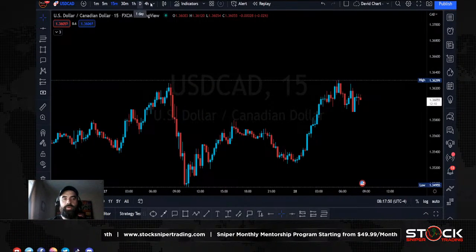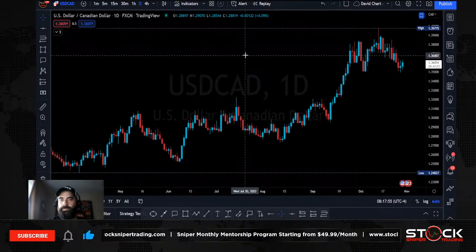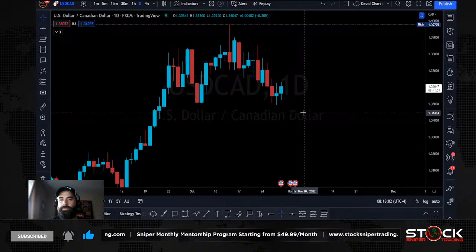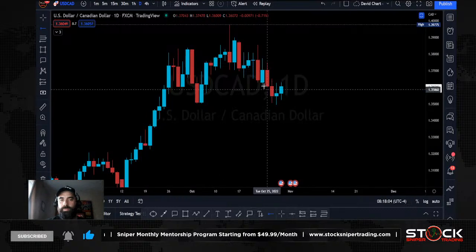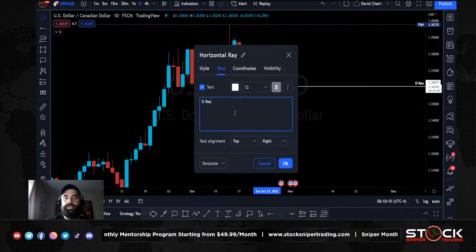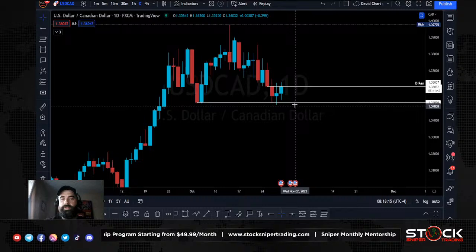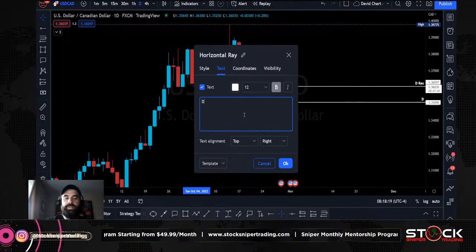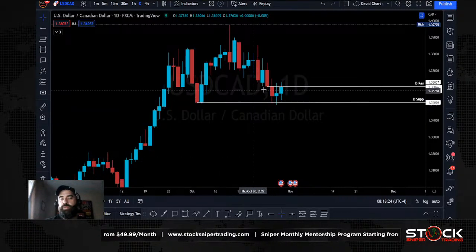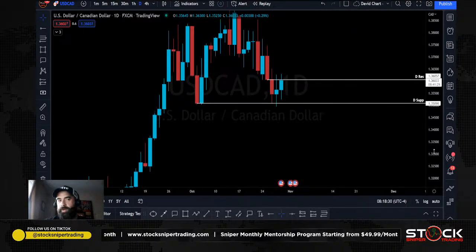Okay, so let's go from our 4-hour daily real quick. A lot of chop, guys, on CAD currently. Okay, nice rejection here so far. So got some daily resistance. Okay, I have some daily support to the left. You can see we're in that consolidation zone. Okay, you can see support, demand, ceiling supply for resistance. All right, so